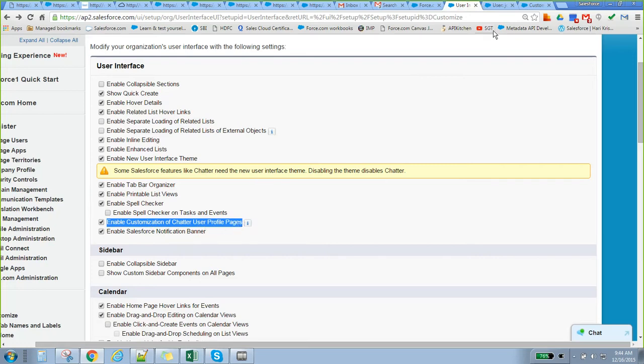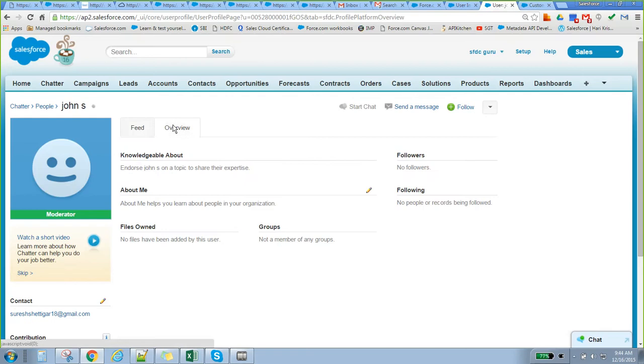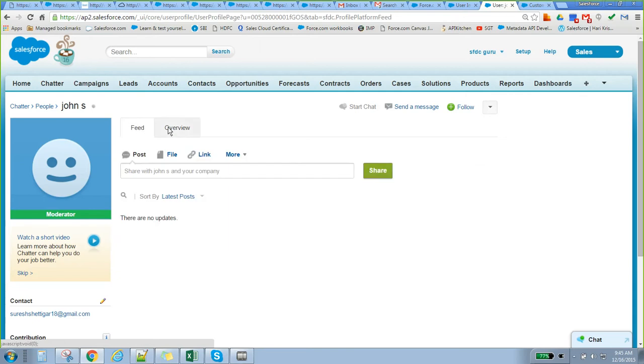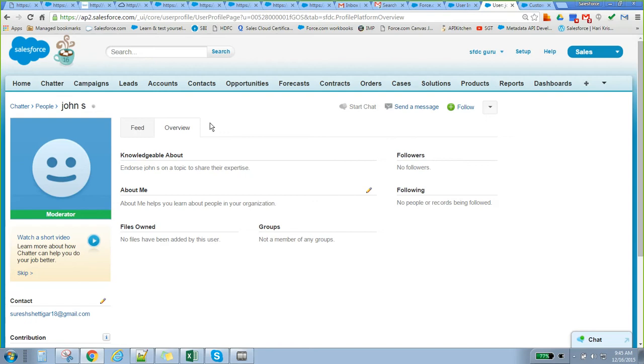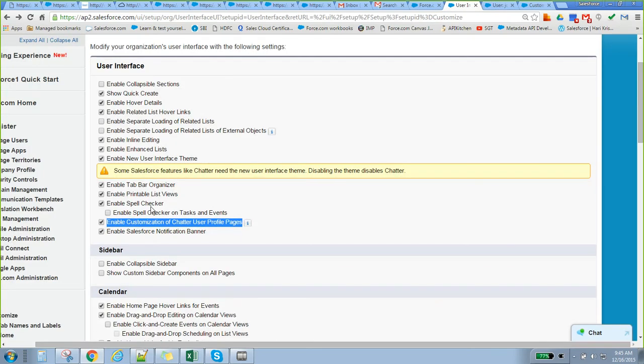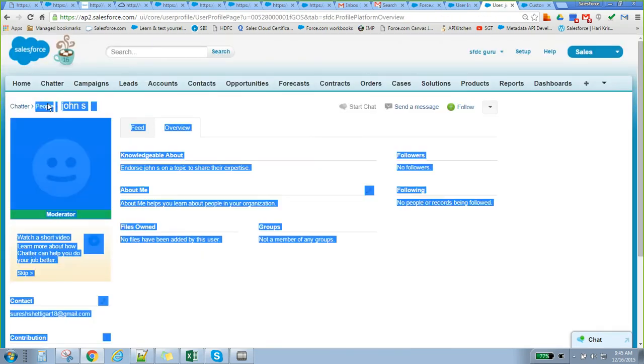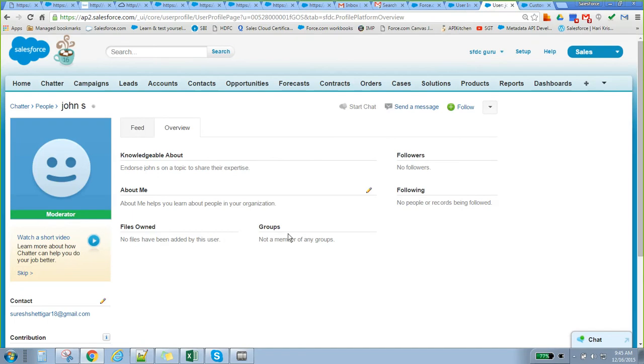On the user page there are two tabs, feed and overview. These are the defaults. If you want to add any custom tab, like an opportunity list or an account list, it's not possible if you don't enable this. Only if you enable this can you add or customize this particular Chatter page.